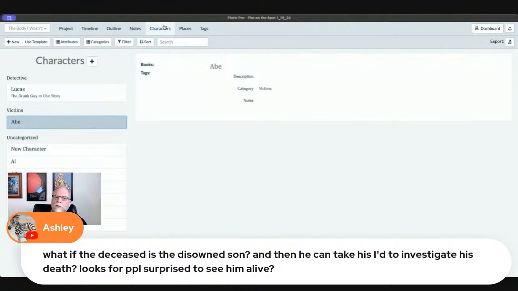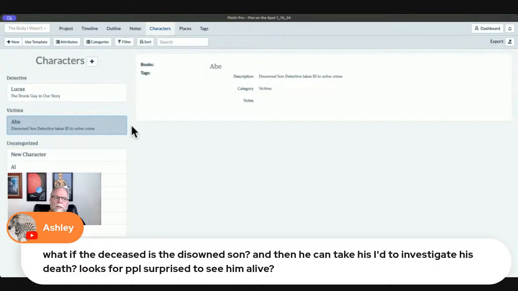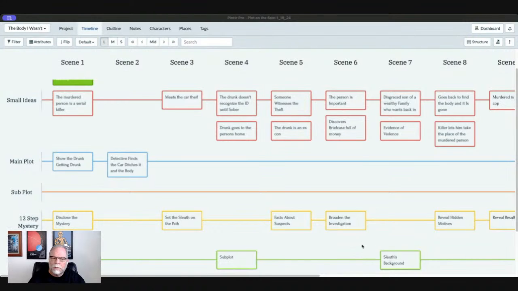So let's go to our character and change that. Let's make Abe the victim. This is the disowned son. Detective takes ID to solve crime. That's a great idea. All right, let's do that. So we can go back to our timeline and we can start moving some other stuff around. But first, let's talk about where this is going to happen. Is it a small town, big city,